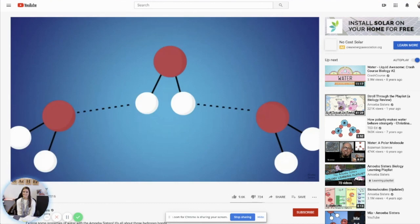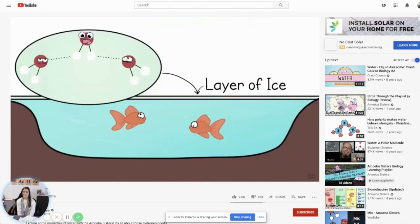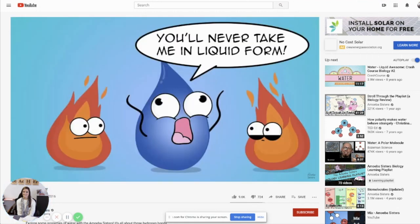See, at freezing level, the making and breaking of hydrogen bonds, which usually happens pretty often, is not happening very much when frozen. And so the molecules are set into this lattice of hydrogen bonded molecules, just far enough apart that it's less dense in ice form than it is in water form. And that's going to be very important for all of that aquatic life. Speaking of temperature,